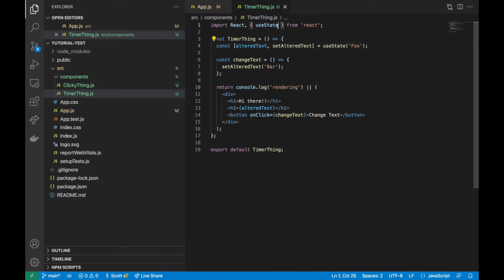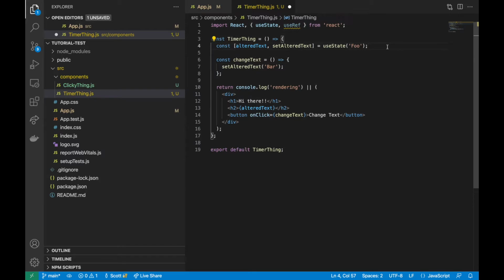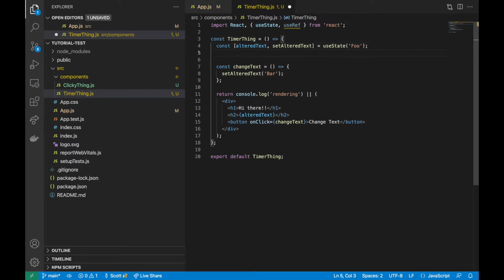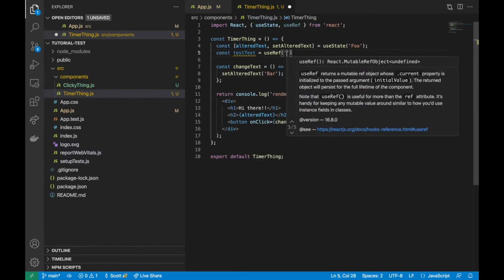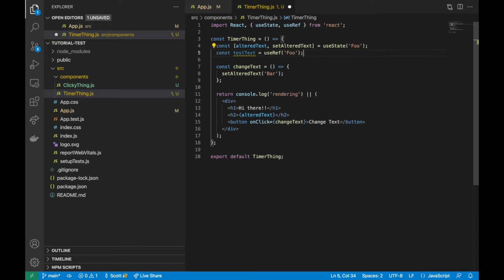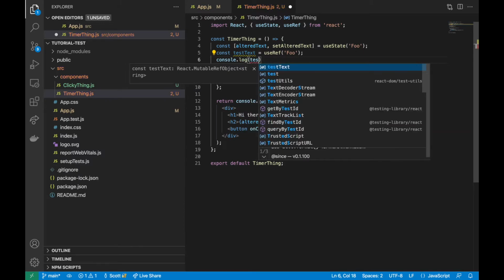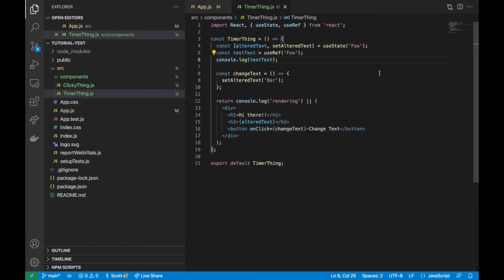So a ref is similar. It's, again, a stateful variable. So let's say we'll call this test text, and we'll say useRef, and we'll also give it a default value. So useRef takes one argument, which is the default value that it's going to set to that. And let's just see what this looks like. So if I just console log test text here,